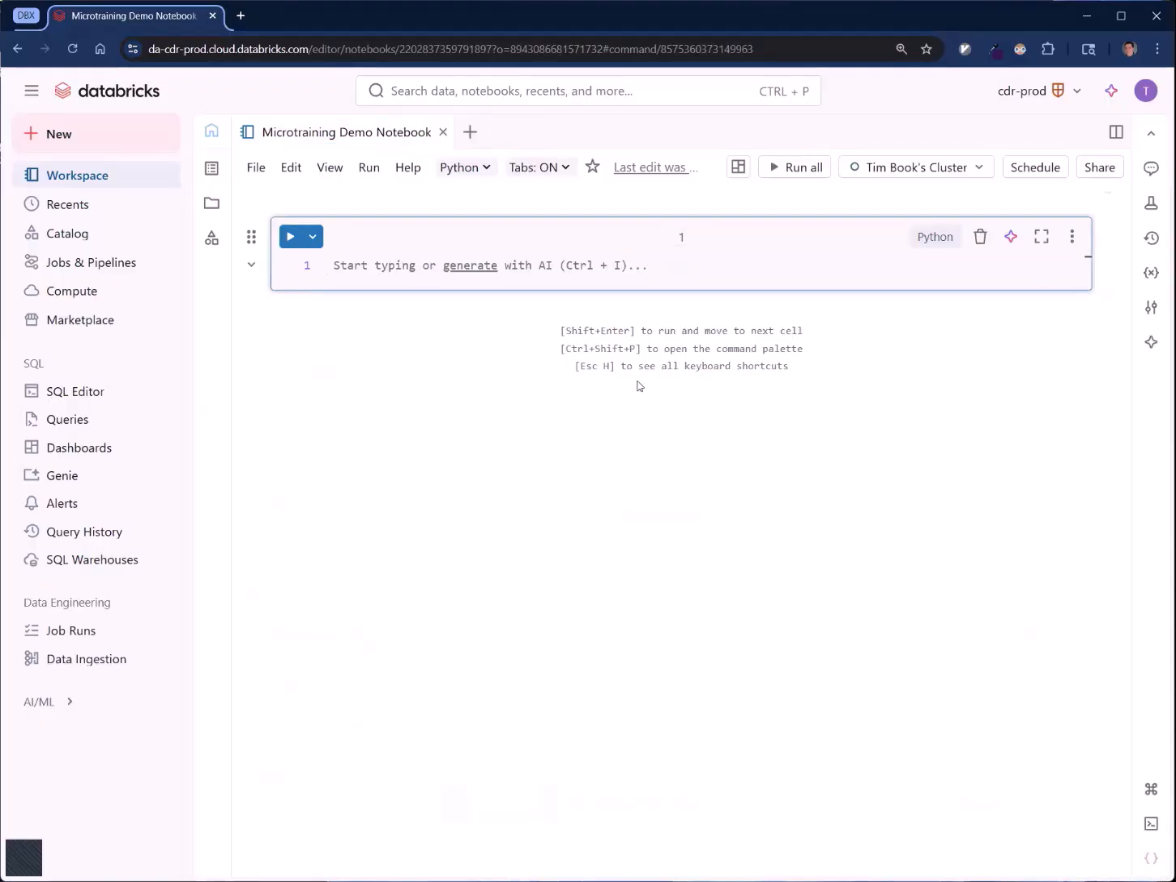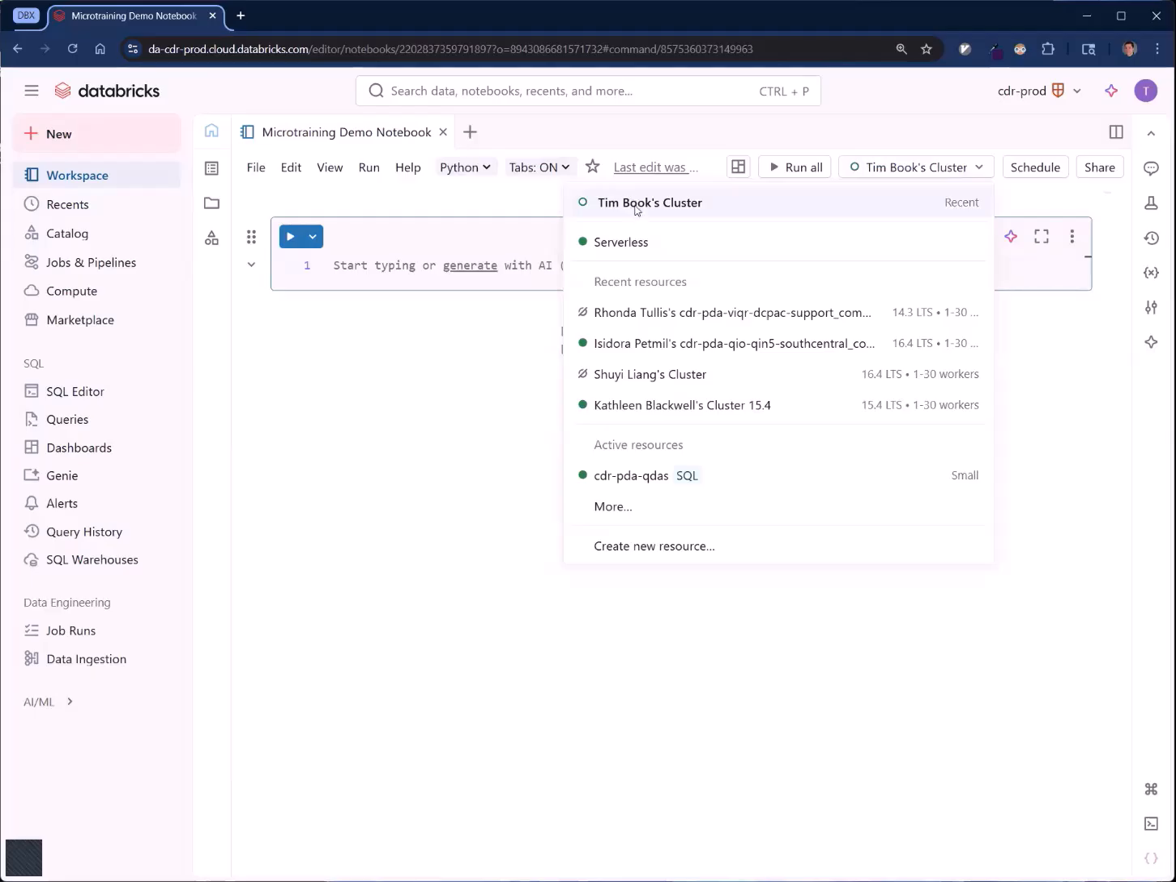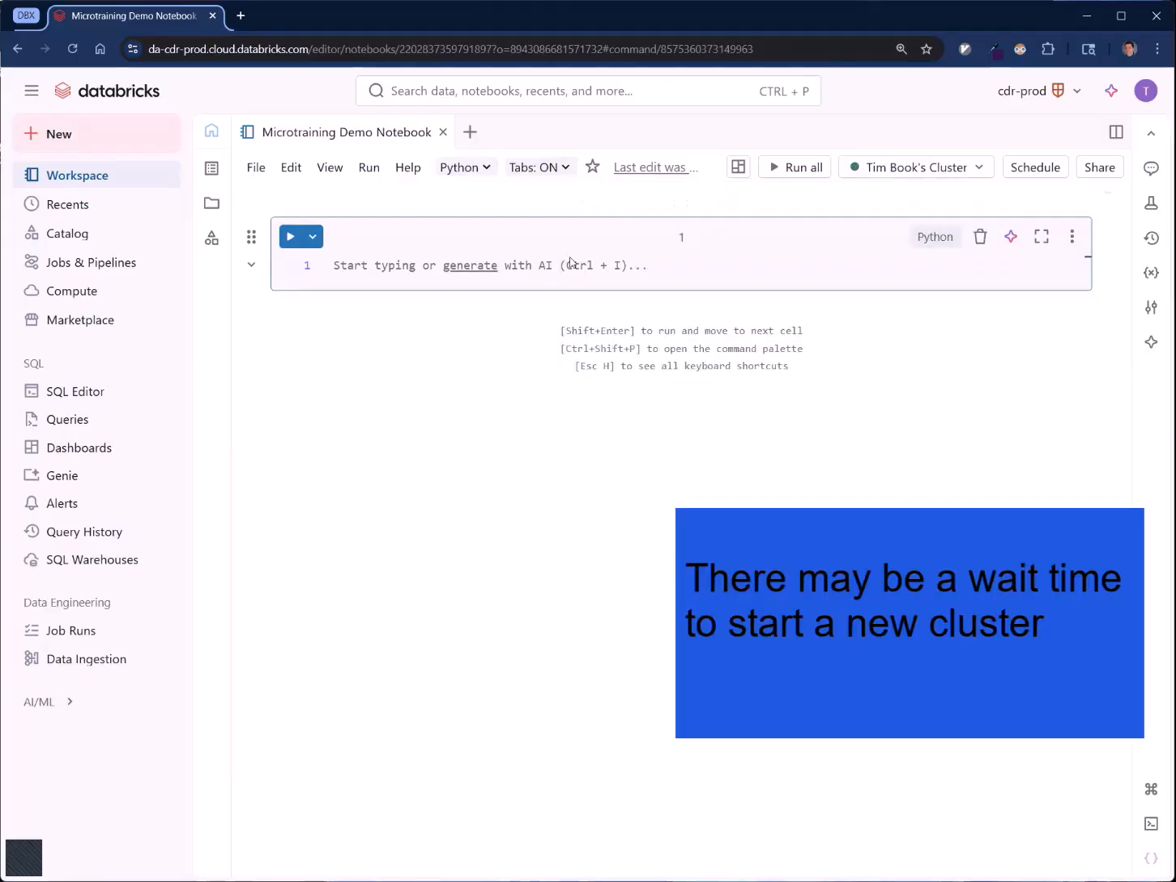And I'll click into our first cell here. The first thing we need to do is attach a cluster. If you're unfamiliar with Databricks compute clusters, please see our other microtraining video on compute clusters. But I'm going to attach my cluster. The first time you spin up a cluster after it's been dormant, it might take a couple minutes for it to actually load. One thing that I like to do is I like to run a quick line of code